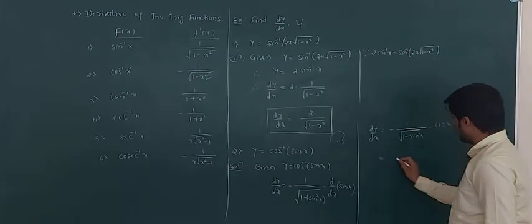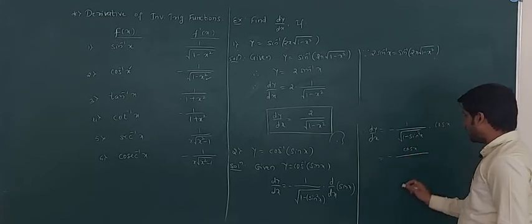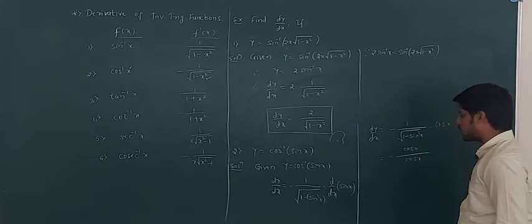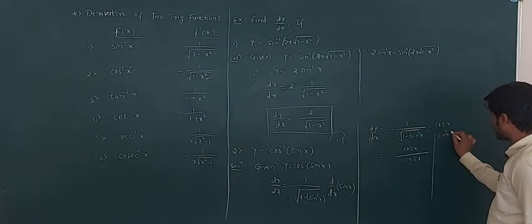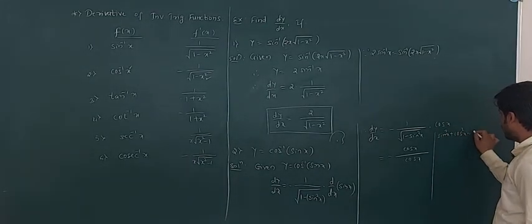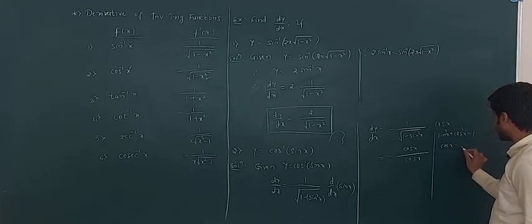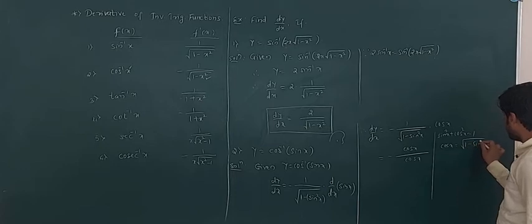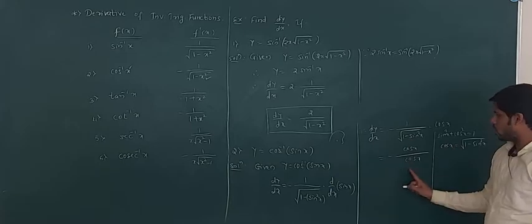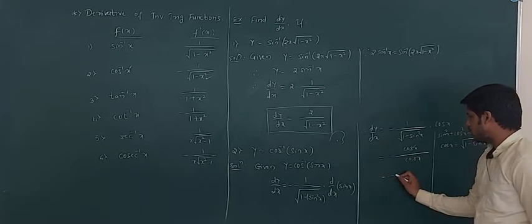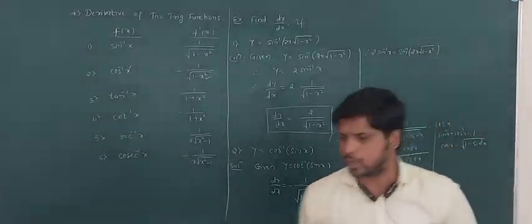This equals minus cos x divided by square root of 1 minus sin square x. By using the identity sin square x plus cos square x equal to 1, cos x is equal to root of 1 minus sin square x. So substituting this as cos x, cos x will cancel and we will remain with only minus 1, which is our required solution. Note it down.